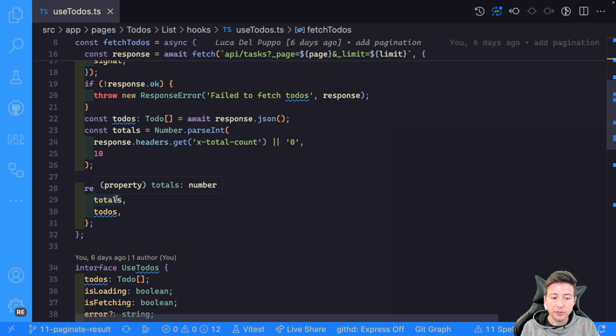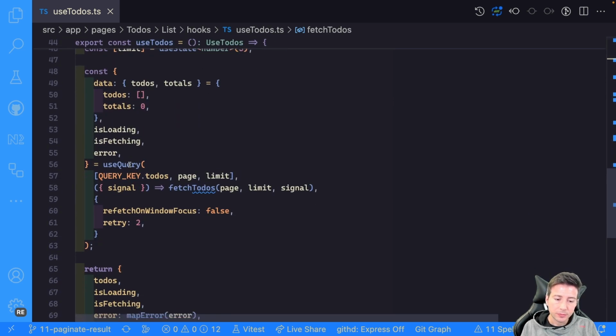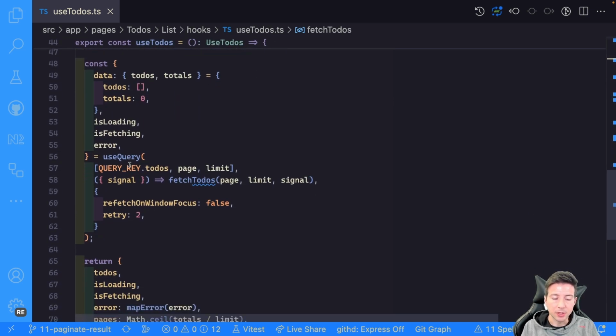So the result of the fetch contains both the elements of the page and the total amount of elements in the entire database. So then with this info, we can return the elements